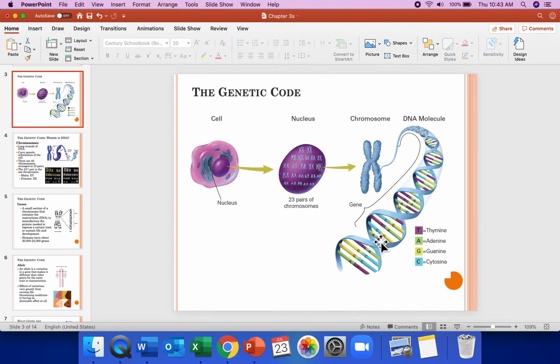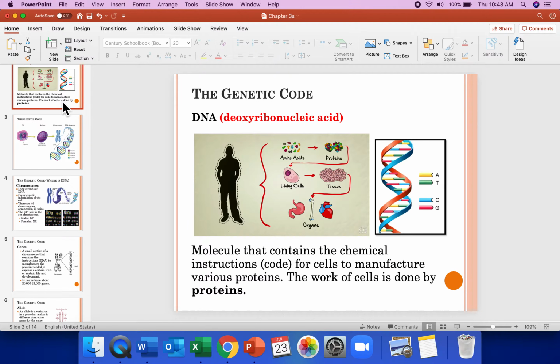And the double helix is basically those pairs of amino acids that we talked about that are basically going to be the basic building block of life. And based on how they're arranged is how the proteins are made, and the proteins are basically going to develop or carry the functions of the